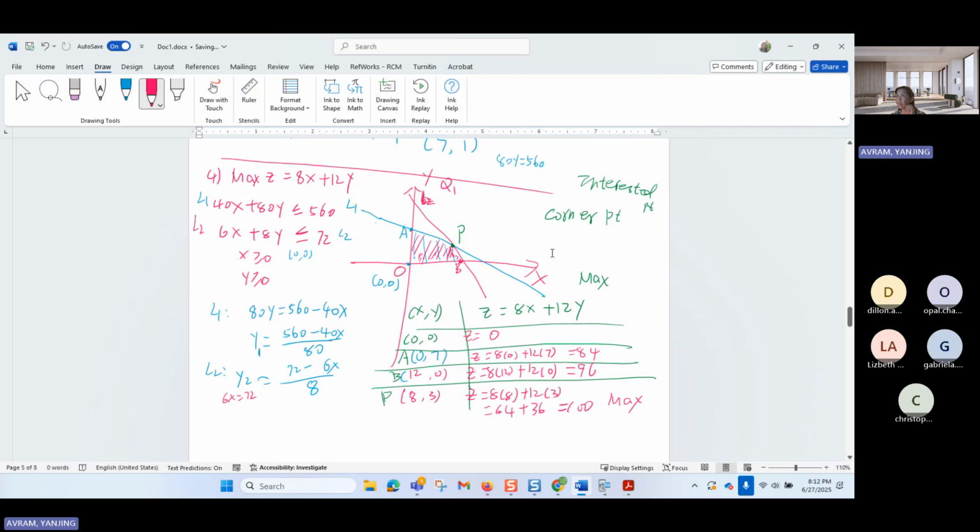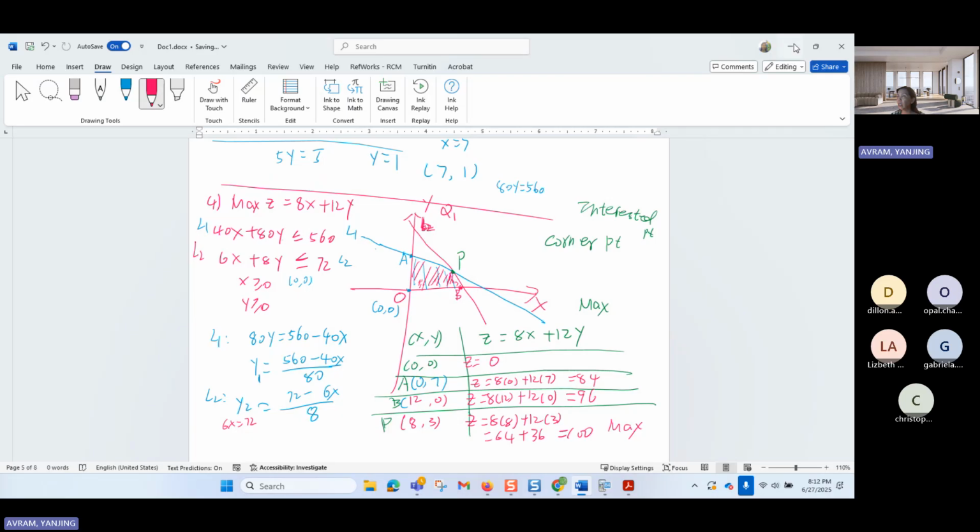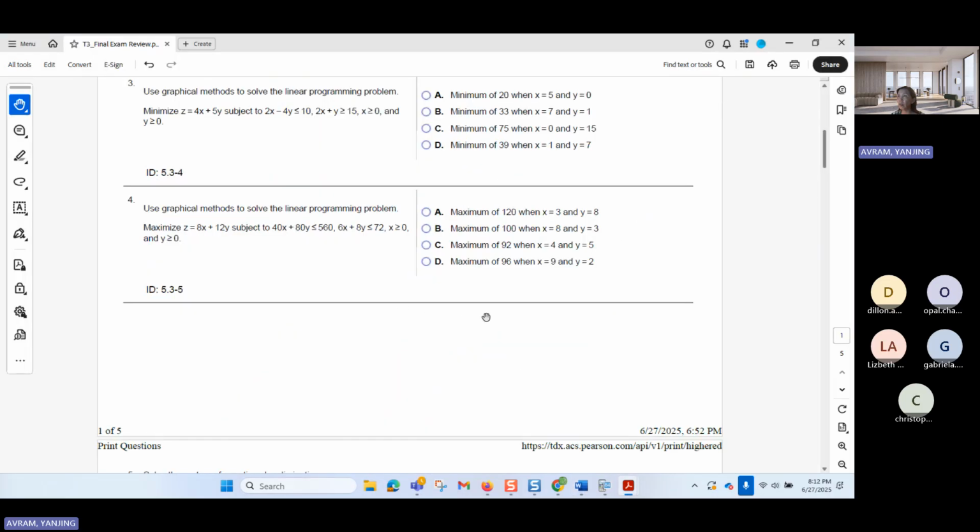You want to find the maximum in here for the Z. So this one is the max. All right, so that's how you solve this type of questions. So the max here will be 100 when X is 8, Y here is 3, right? So that's your max